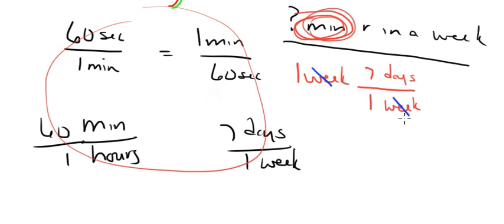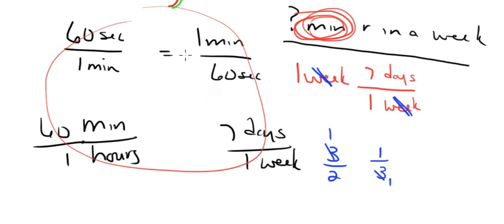The weeks cancel out. Just like if I was doing a math problem and I had 3 over 2 times 1 over 3. Right? I really can't do that. That wouldn't work, would it? No. Oh, I could cross reduce. Yeah, I can cross reduce that. Sure could. This can change to a 1 and a 1, right? But my point is, guys, if we have something in the numerator and we have the identical thing in the denominator, they cancel each other out.